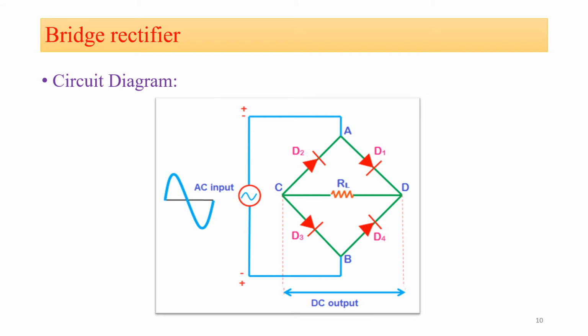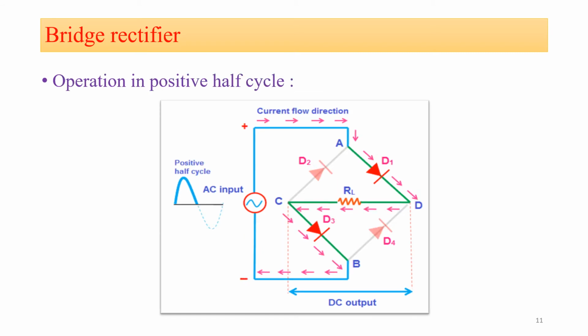Simple circuit. In a half wave rectifier we use a total of 1 diode. In a full wave rectifier with a center tap type of transformer we use a total of 2 diodes, but in a bridge rectifier we are going to use a total of 4 diodes, with a normal type of transformer.